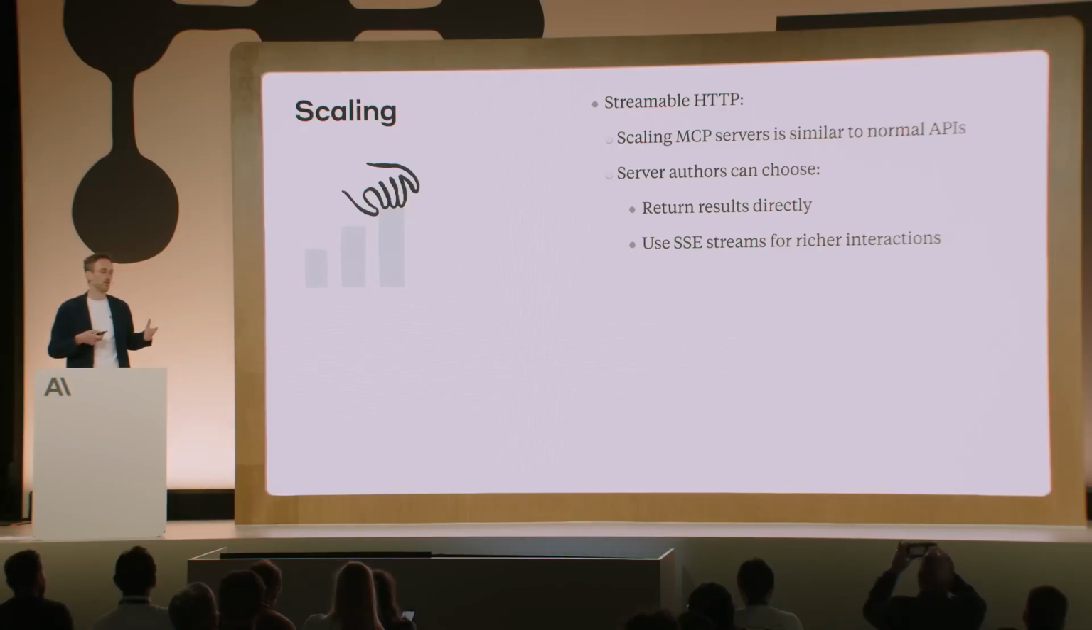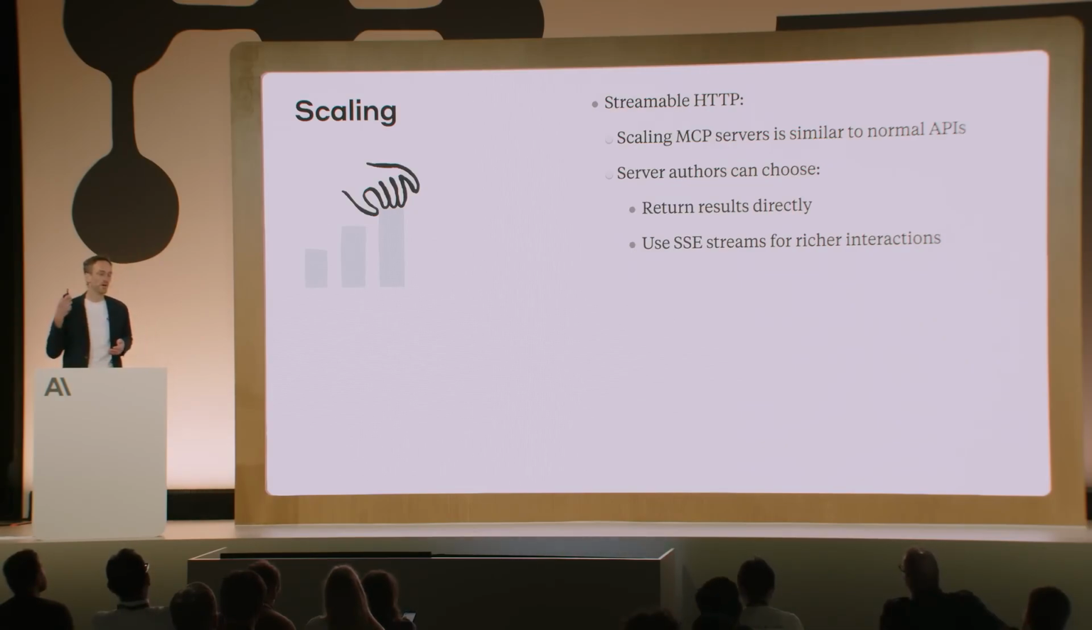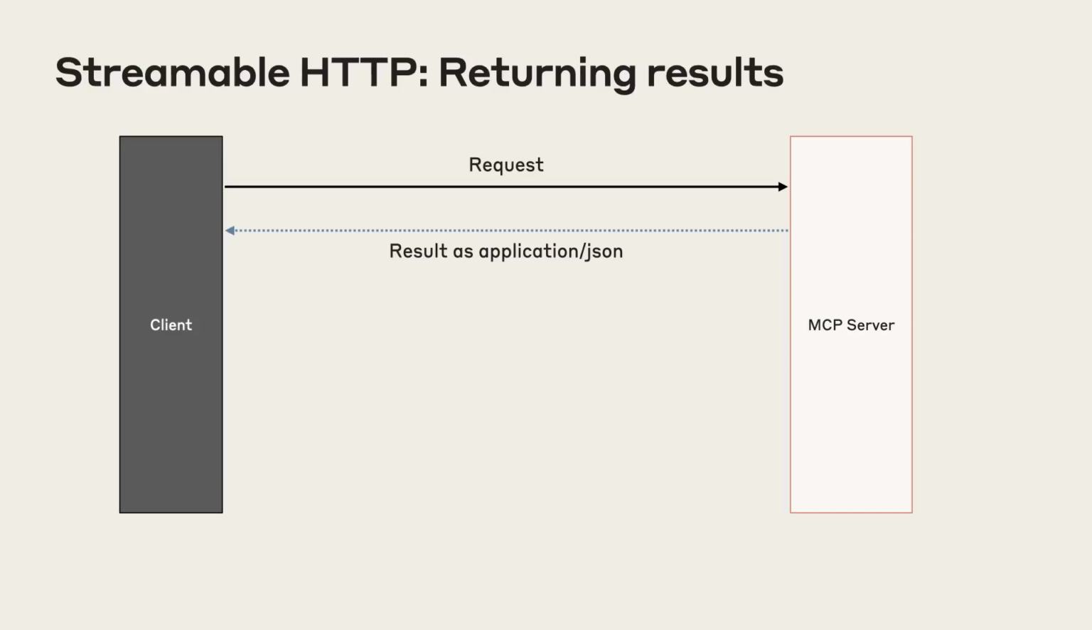As a server author, you can choose to either return results directly, as you would in a REST API, except that it's not quite just REST, or if you need to, you can open a stream and get richer interactions. So in the most simple way, you just want to provide a tool call result: you get a request, you return application JSON, and off you go. End of the story, you close the connection, and the next connection comes in and gets served by yet another